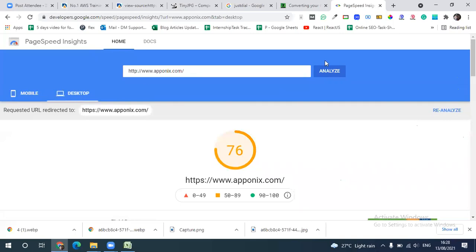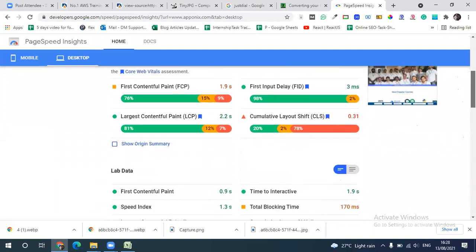Okay, on what basis is it providing the results? It is there, data, you can say.